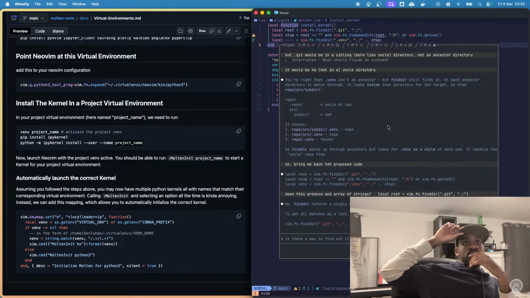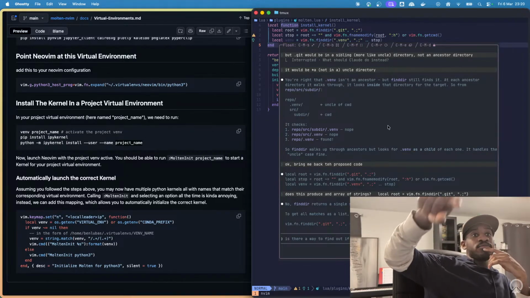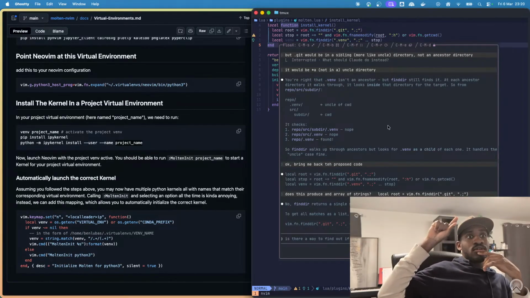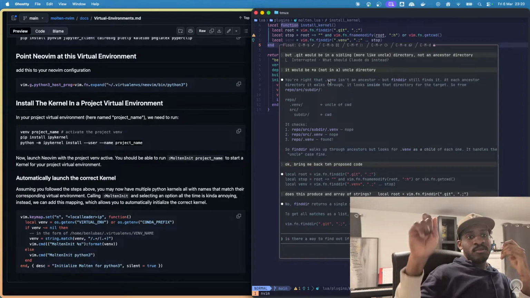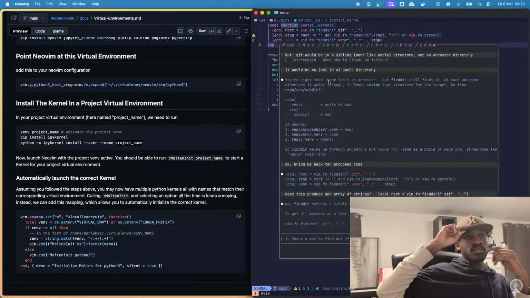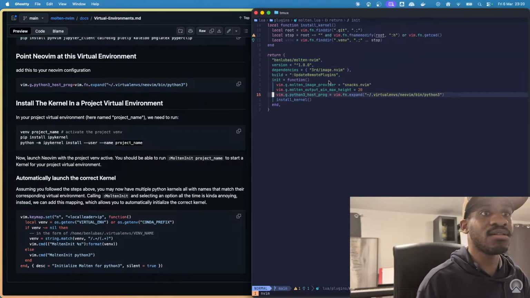Alright, so what are we doing here? I want to prompt the user, do you want to install a kernel? Init works every time we open up, right? I want to prompt the user, do you want to install a kernel? But I want to do this within a file, like